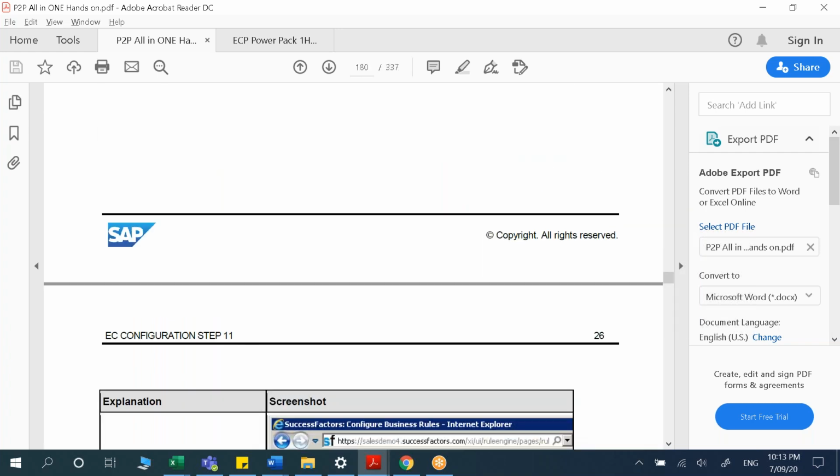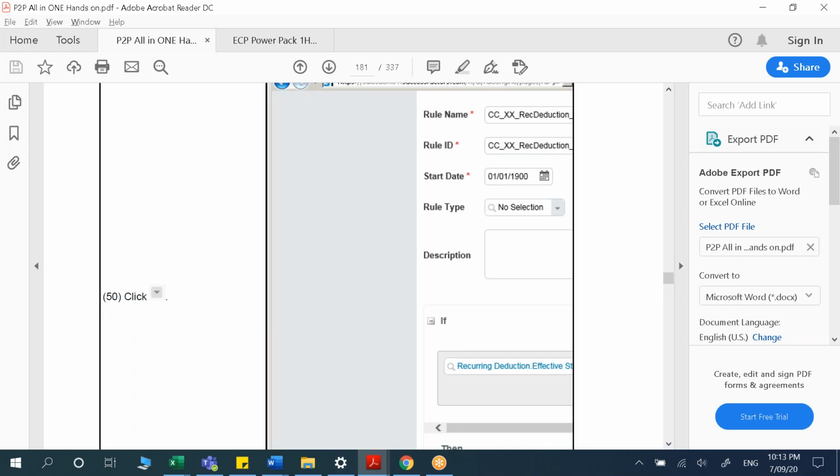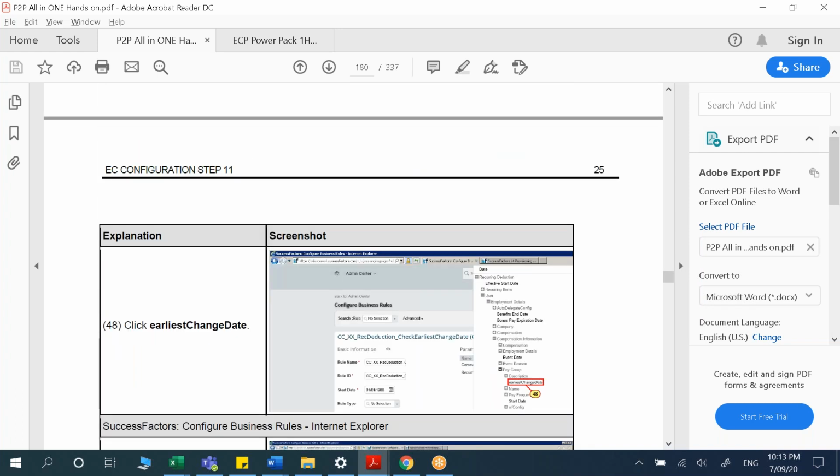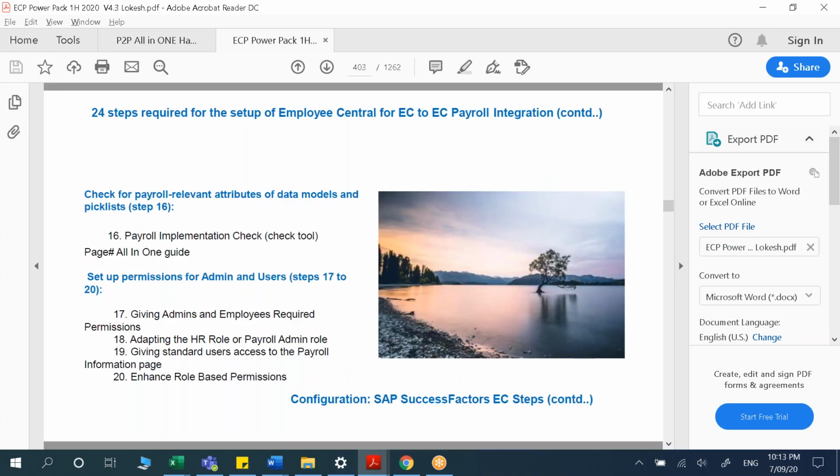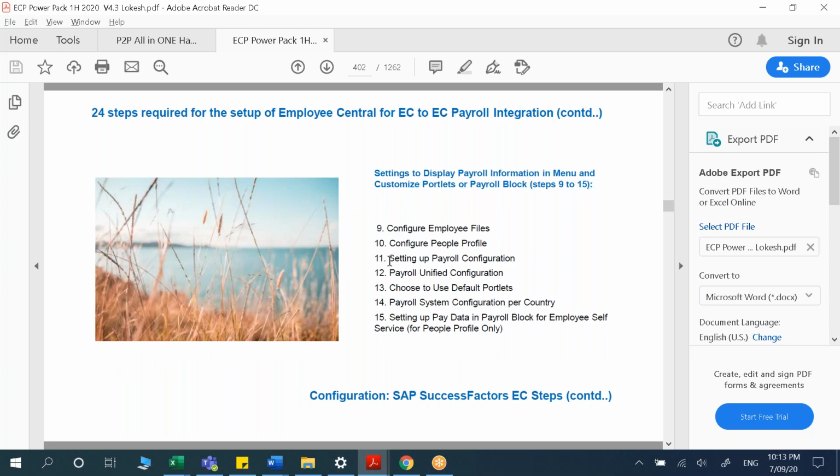Yes, I think this is the one. So no, this is a rule. See, in this you have a different step. Yeah, setting up payroll configuration. In this, you define your SAP client number, SAP instance ID, and all those details, right? That one web URL link also. So where do you get that info from?